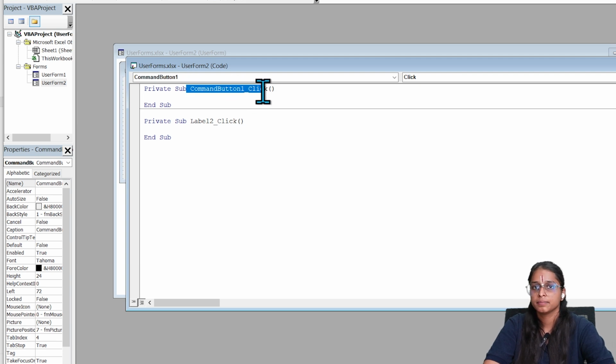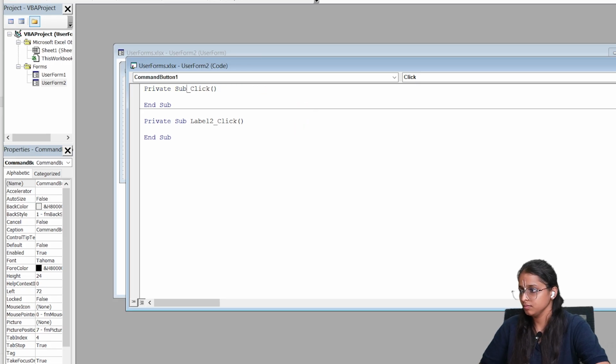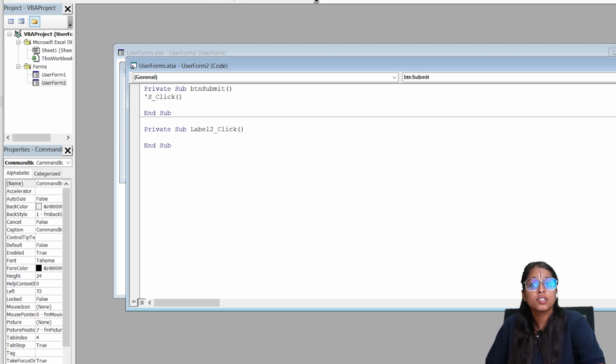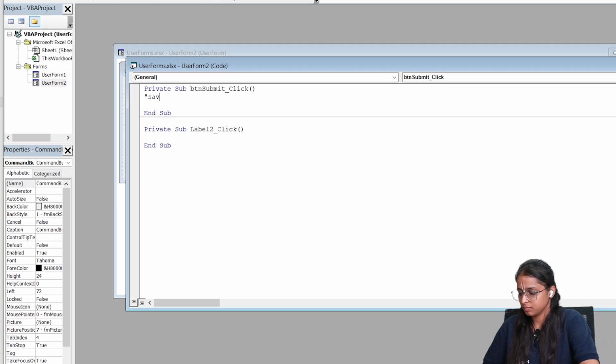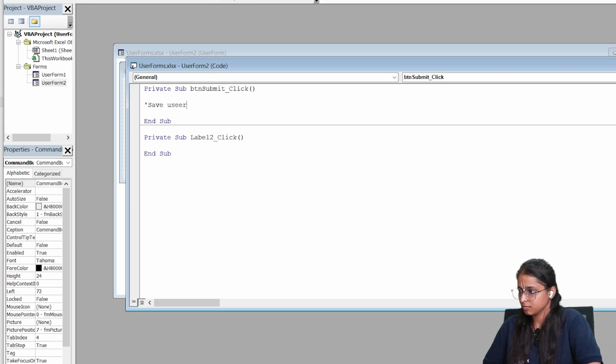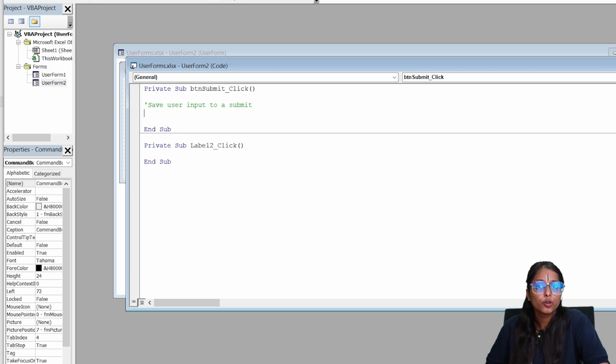I'll name this sub as button submit. Then I'll add a comment, save user input to a worksheet. Then I'll add the code here.